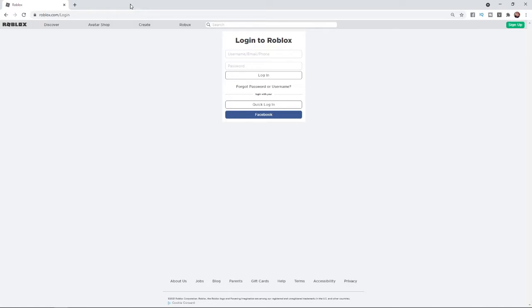So if you have been locked out of your Roblox account and you don't remember your password or email address, I'm going to show you in today's video how you can go ahead and recover your account without any of those two things. So first of all, what you will need to do is head over to